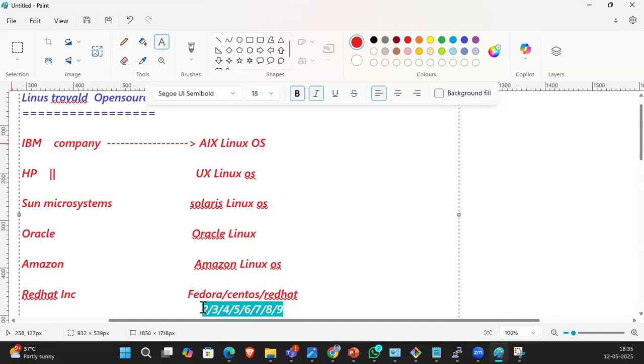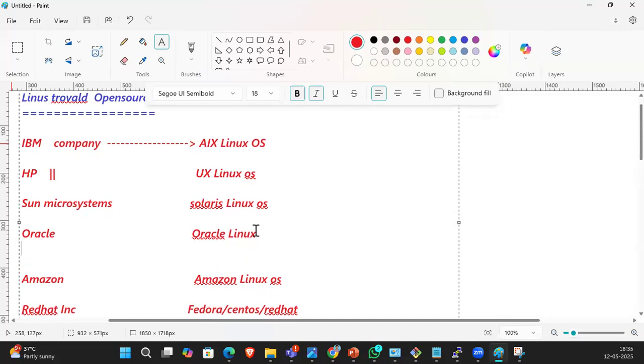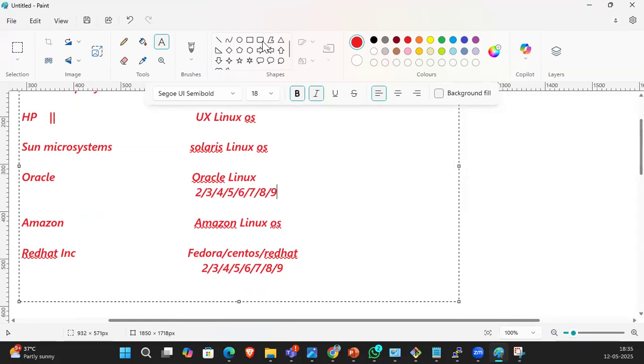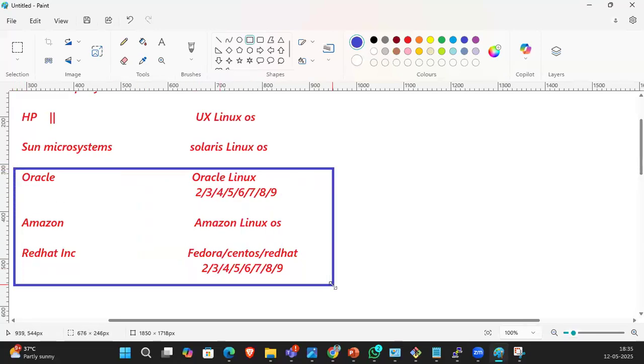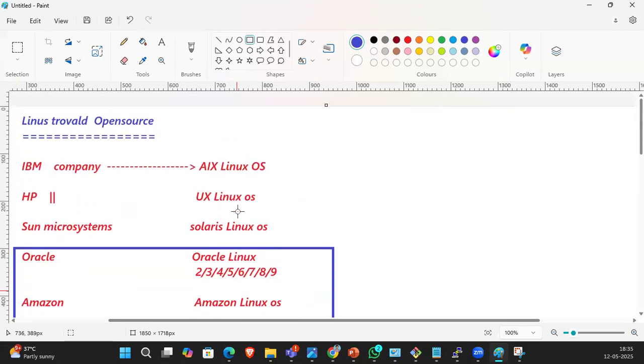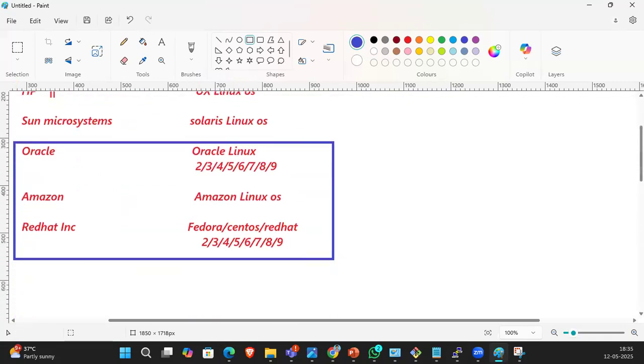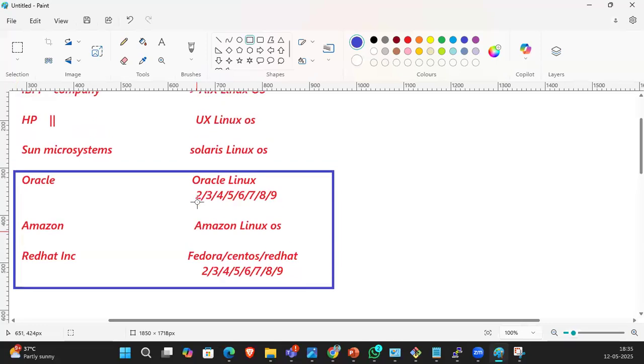Oracle Linux and Amazon Linux are both copied from Red Hat. So if you learn Red Hat OS, it will be easy to understand Amazon and Oracle Linux. Whatever commands we execute on CentOS, Red Hat, or Fedora, the same commands will be executed on Amazon Linux also.